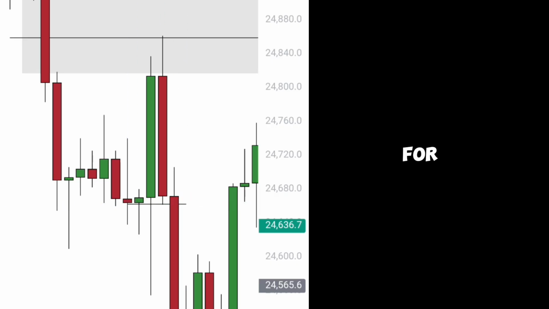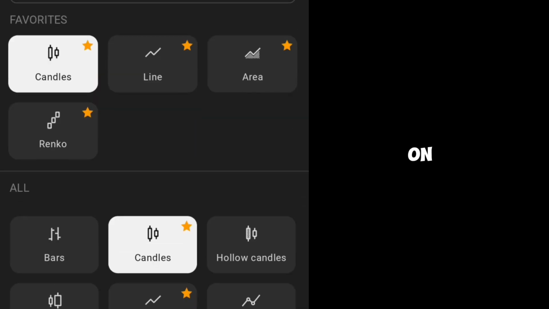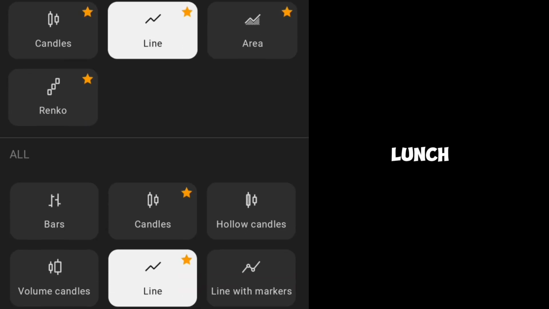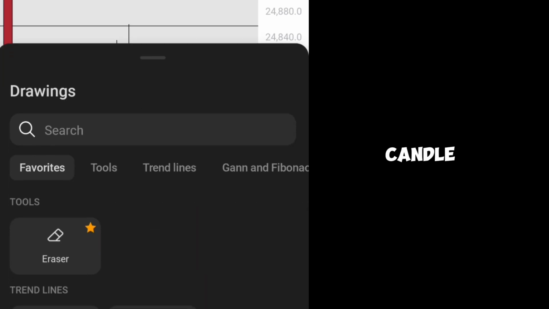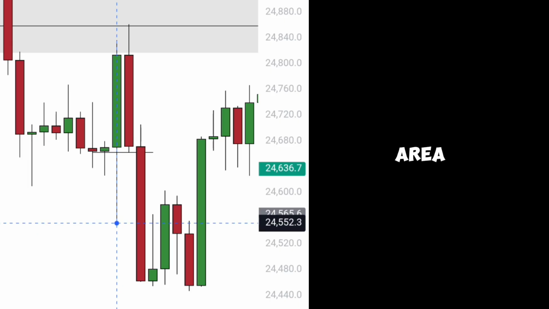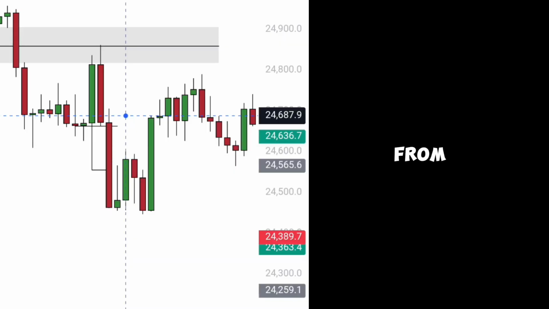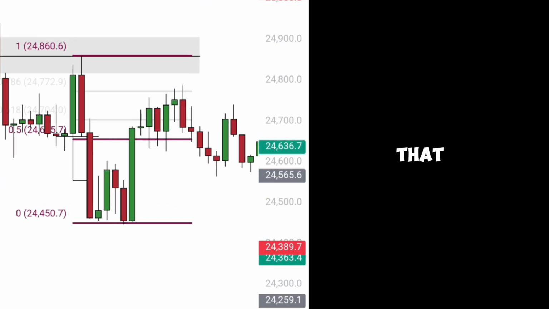Okay, for this to be possible, you can see this clearly on the line chart, right? If you come to the line chart, this is what you are going to see. For the candlestick, we can still consider this area a break of structure, whichever one is fine by you. If you draw your Fibonacci from that point down to here, you will notice that once